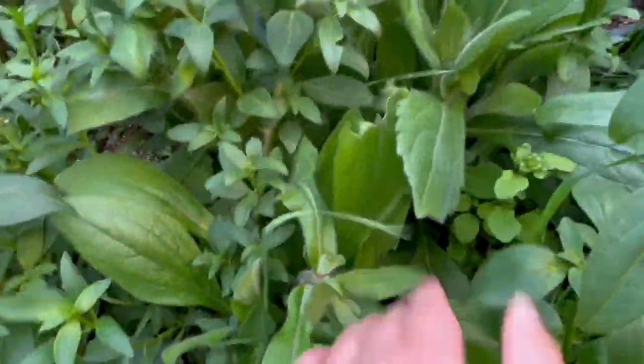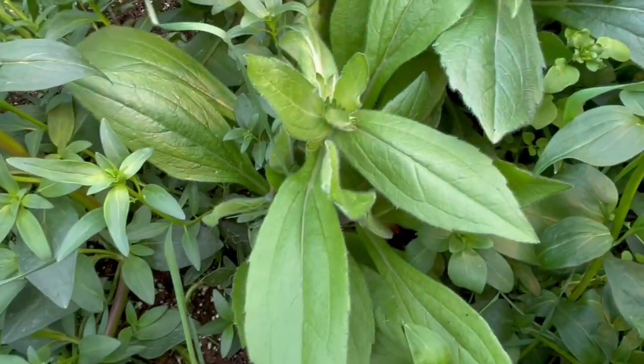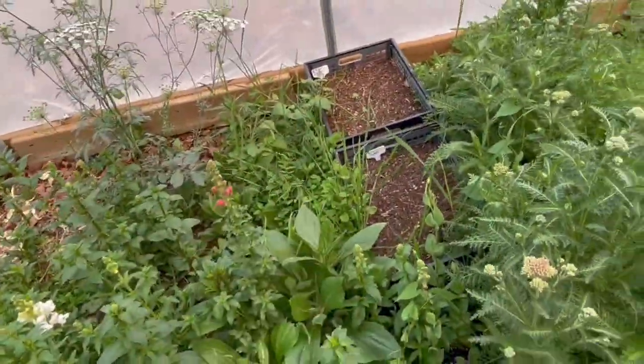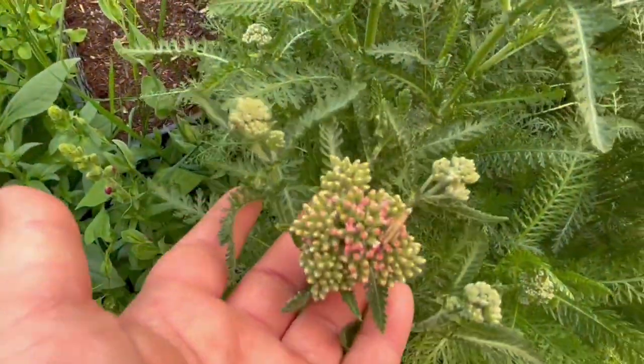And this here is, oh my goodness, Rudbeckia. And it's starting to want to push some buds. So I'm really excited to have those. I have to weed in there, it's so weedy. Look at this. This is the fall planted yarrow, and it's starting to get some color. But also look,